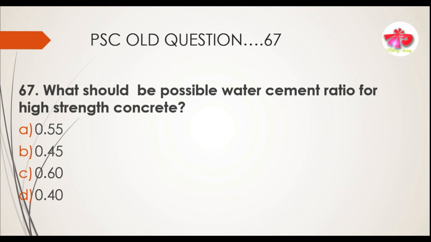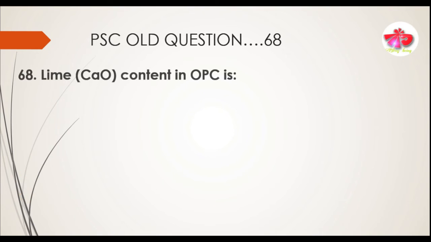So if you use low water cement ratio, then your strength will be higher. So among the options, 0.40 is the lowest water cement ratio, and hence strength will be higher. So option D will be the correct answer. Question number 68. Lime CaO contained in ordinary Portland cement is: option A, 59 to 64,